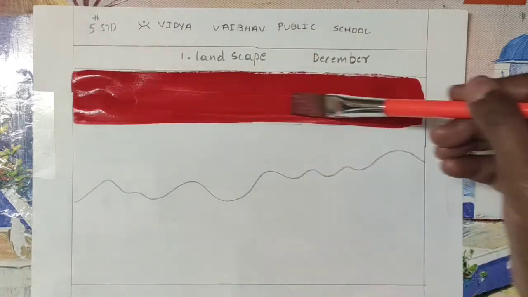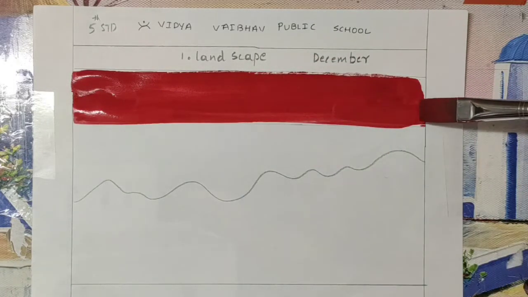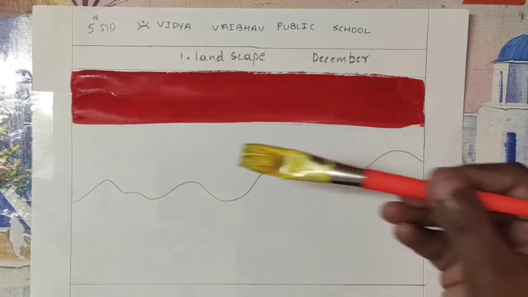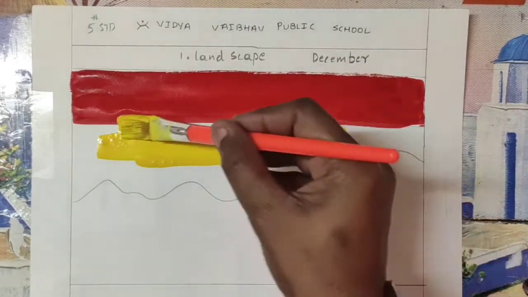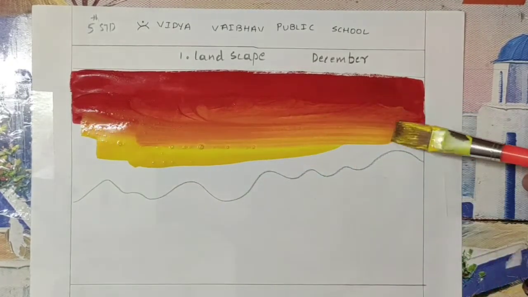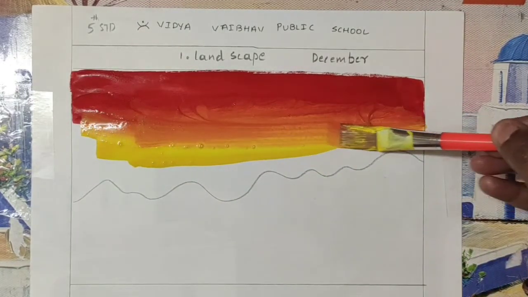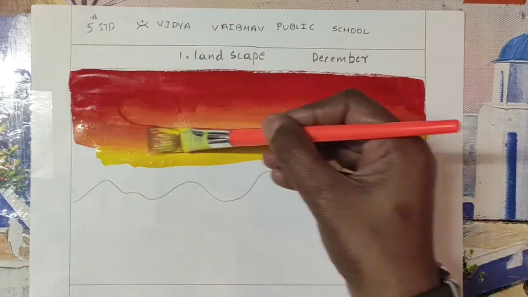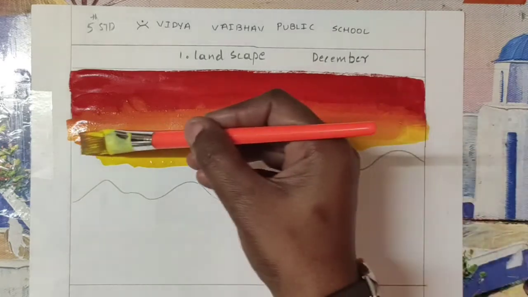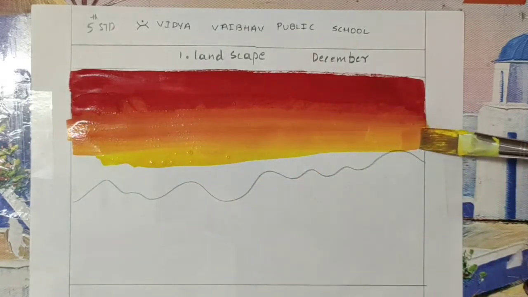See, observation is very important. Don't let the brush be very dry. The next color here I'm using is yellow. You can see in between when I'm merging, it's becoming orange. I teach you the same technique in coloring also, red and yellow. If it is mixed orange, I never use orange separately. I mix red and yellow.